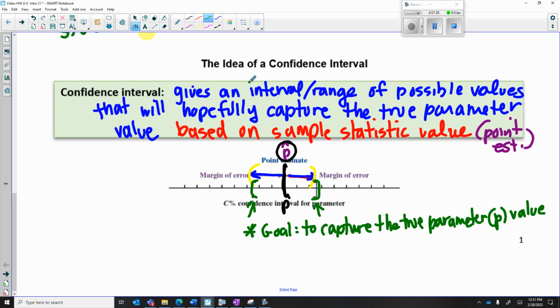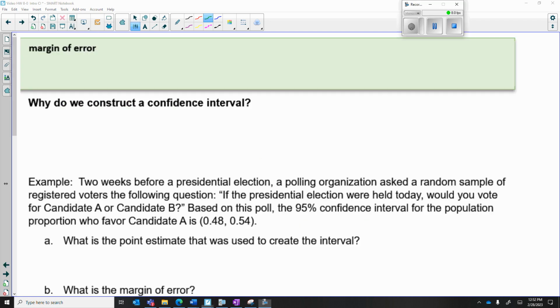You guys have actually heard of confidence intervals in life, because if you ever watch an election season for a presidency or some kind of big election, they always talk about exit polls, and they talk about how they poll a sample of people, they get the sample statistic of how many people said they voted for a certain candidate, and then they make a projection of plus or minus a certain number of percentage points around that sample statistic to try to project the percent of people who are really going to vote in the whole election for that candidate. So this margin of error is basically the maximum distance